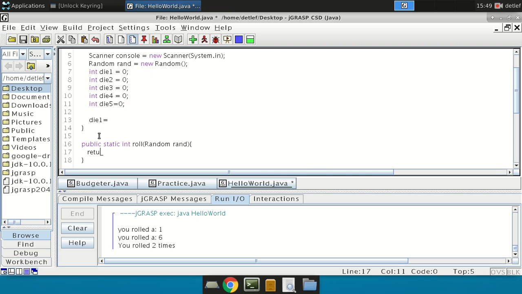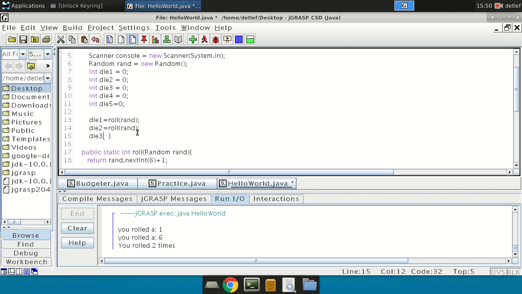It's just going to say return rand.nextInt(6) plus 1. So this is basically just going to roll our dice and return a number. So then if we go up here and we say die1 equals roll(rand), die2 equals roll(rand)